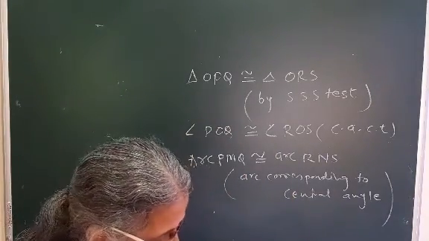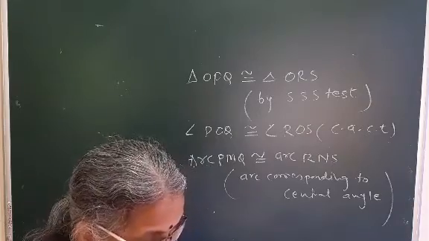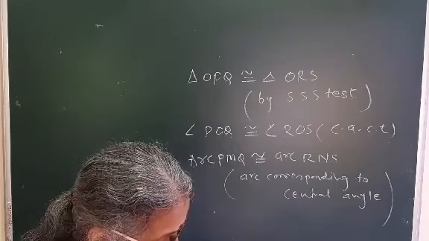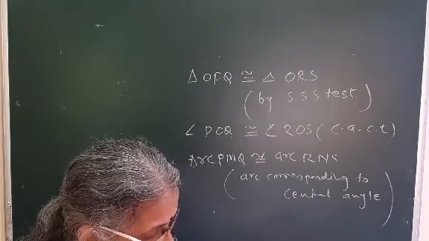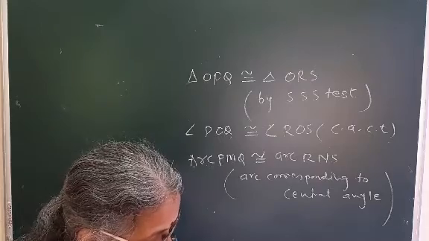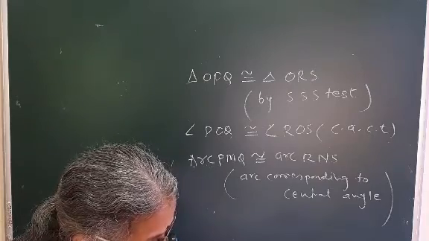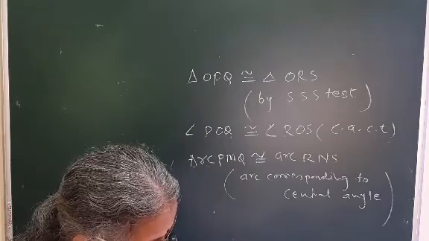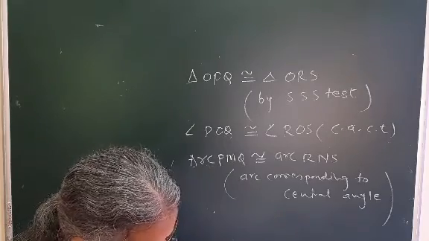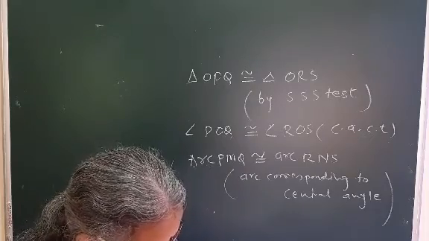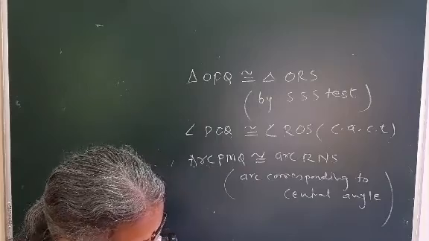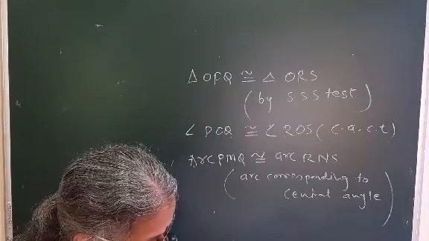Remember this property. Now they have given you solved examples. In these solved examples, they have first given: A, B, C are any points. So let us think all these points are very important. You have to remember all these points. Now A, B, C are any points on the circle with center O. Write the names of all arcs formed due to these points. So the names of the arcs they have given: arc AB, arc BC, arc AC, arc ABC, arc ACB, arc BAC. So you can write all these names.